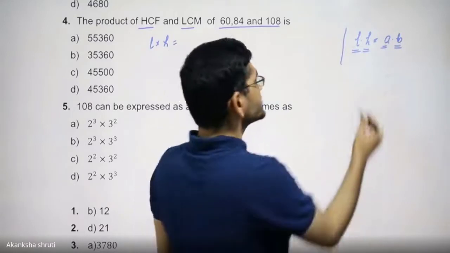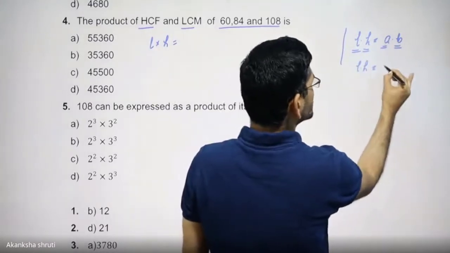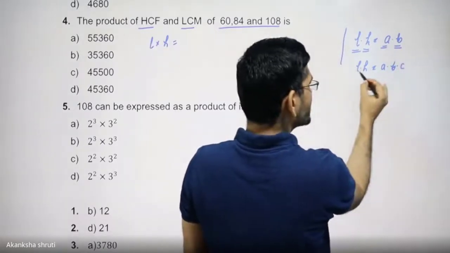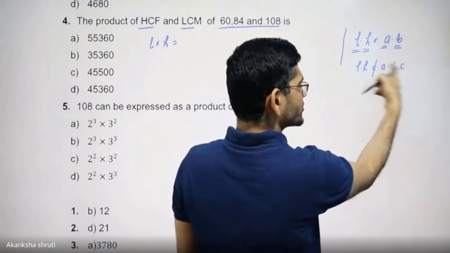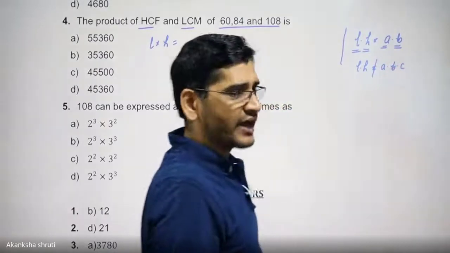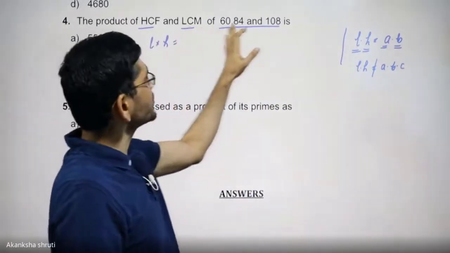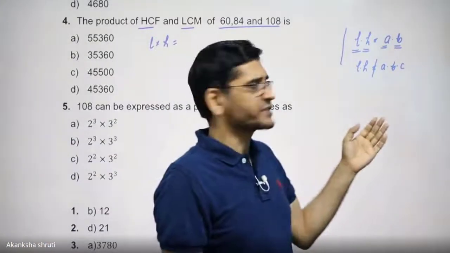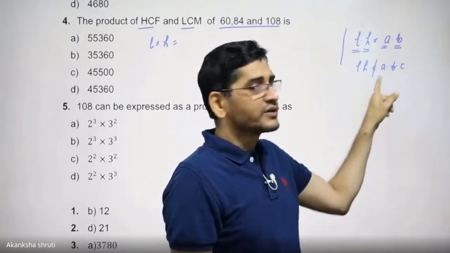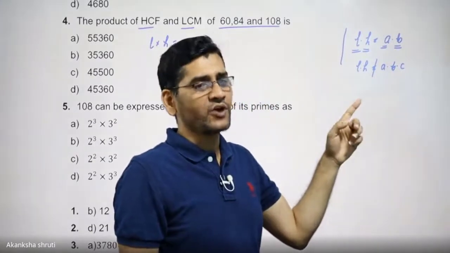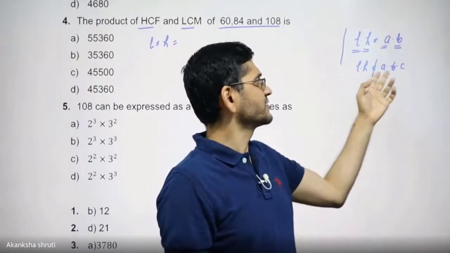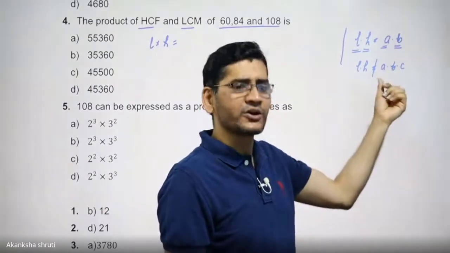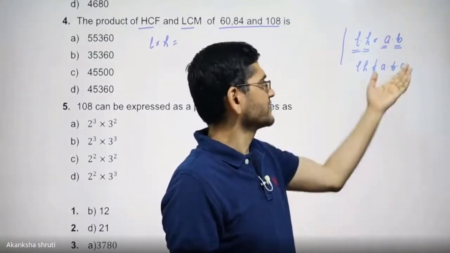But this is not applicable for more than two numbers. If we have three numbers A, B, and C, then the product of LCM and HCF is not equal to the product of these three numbers. That's why here, just by taking the product of these three numbers, we cannot get it. But there is an exception, a special case: if these three numbers have HCF 1, or do not have any common factor, then the product of LCM and HCF is equal to the product of the numbers. That is nothing but their LCM only, because HCF is coming as 1 for more than two numbers in that special case.